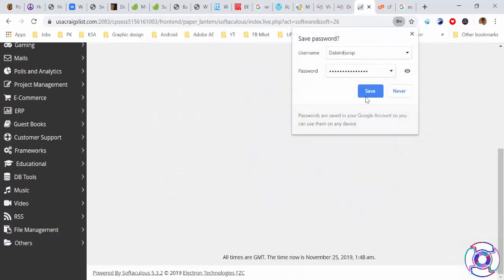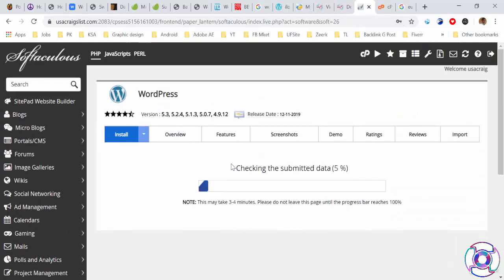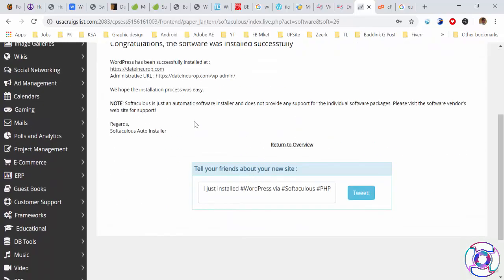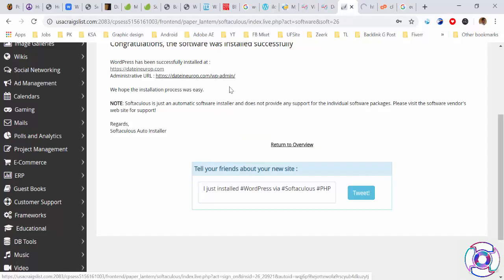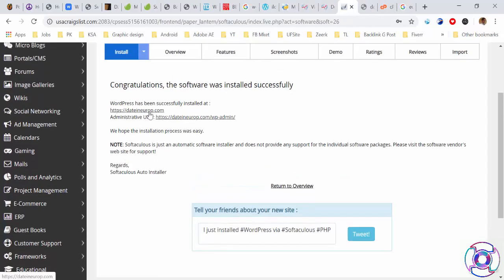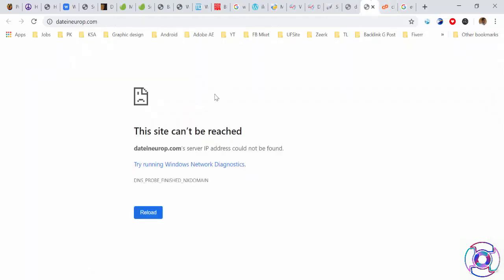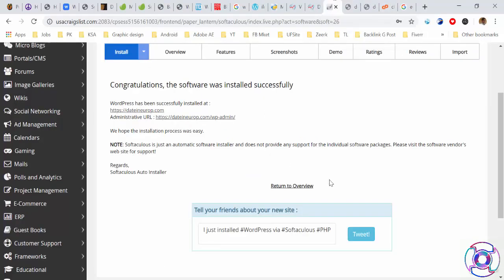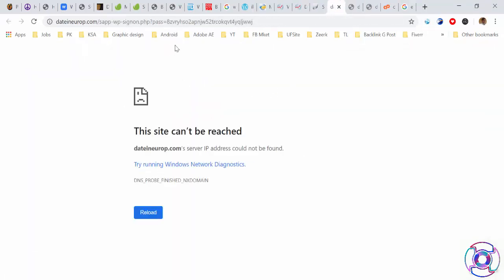Here it is installing WordPress, and it's successfully installed. I click on WP and my site link is here. This is the site link. It shows a different page. Why does it show this? Okay, leave it at that.